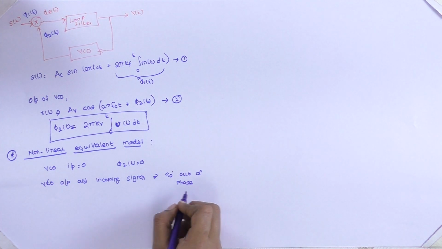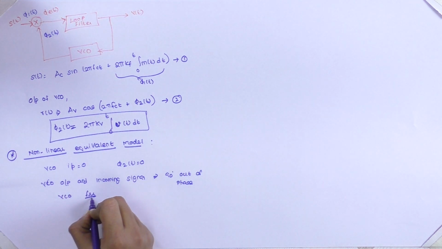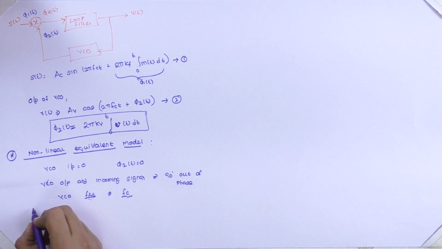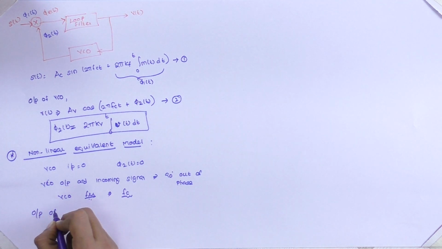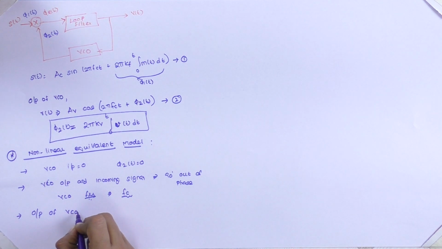And VCO frequency will be equal to fc. What will be the VCO frequency? It will be the free running frequency, that is fc. Therefore, what is the output of the multiplier? This is the first point, this is the second point, this is the third point. We are first